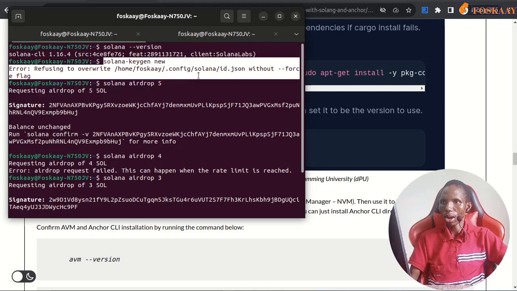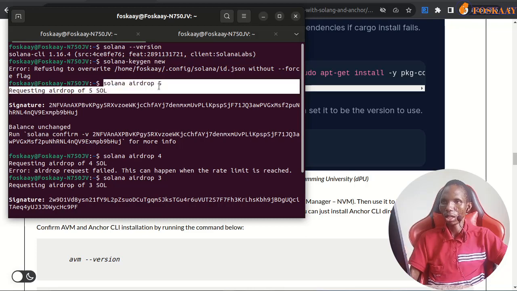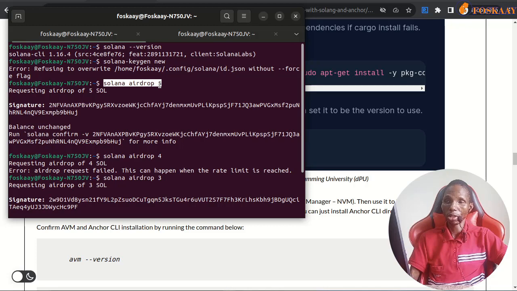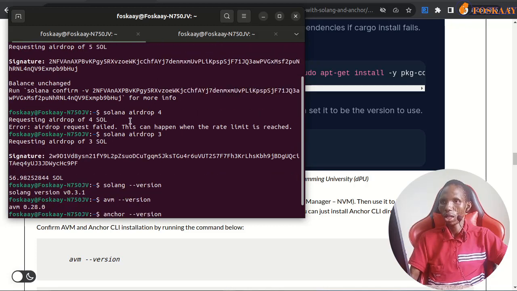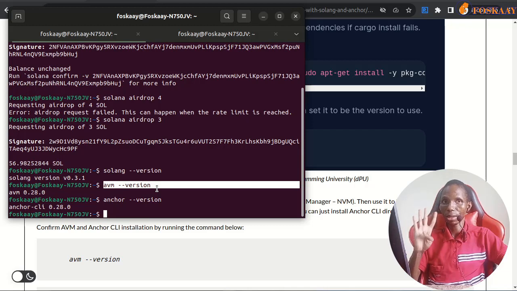Yeah, we created the wallet. I was looking for the command. With this, then we need the wallet to have funds, so we airdrop. Then next, we confirm that Solang is installed, which we have, and Anchor, which is the fourth major thing